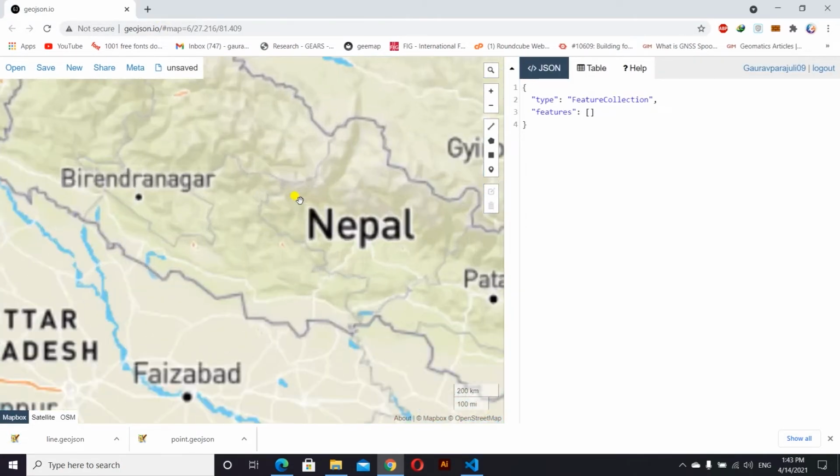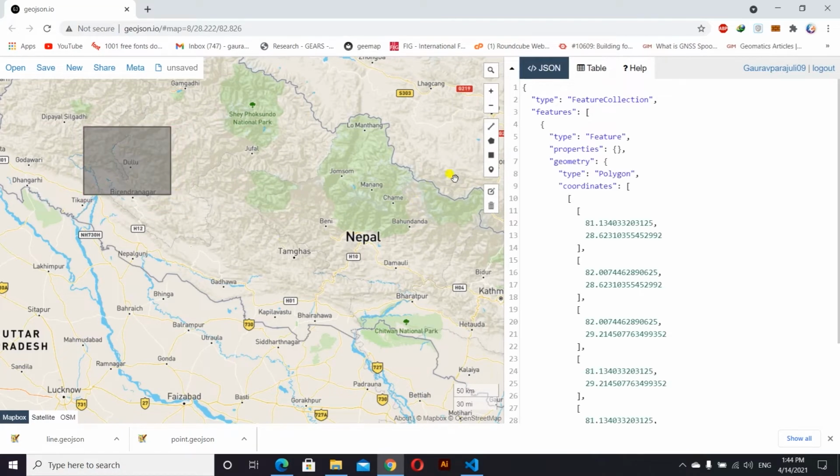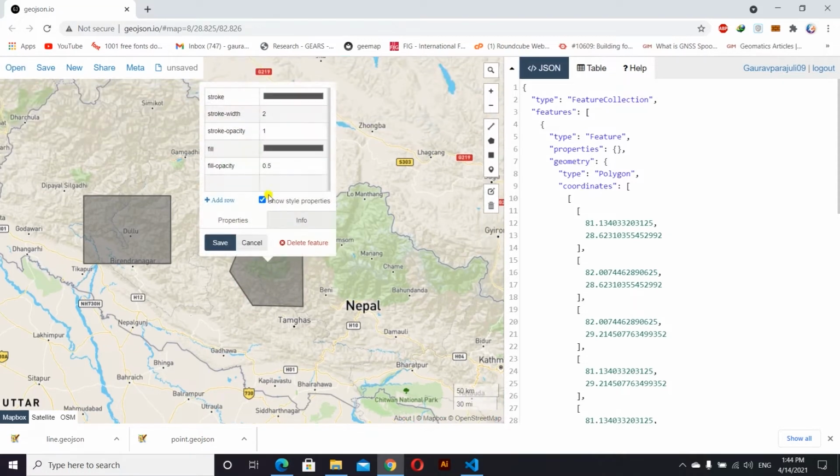polygon. For polygon, we have two polygons. One is rectangle. I will make rectangle. And second will be pentagon. I will make pentagon. You can make hexagon, whatever the number of sides you like. I'll make pentagon, and I can give properties too. I'll give a name to this